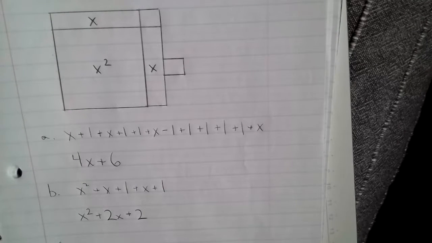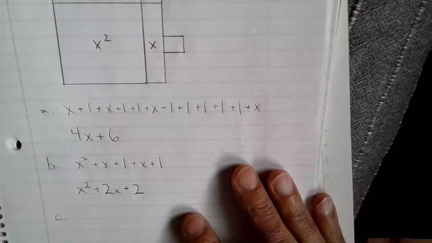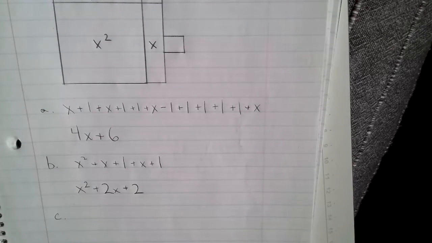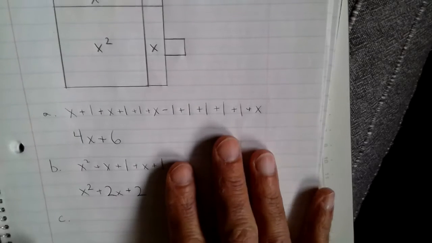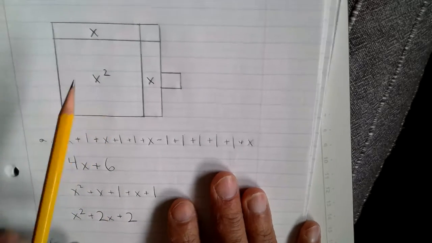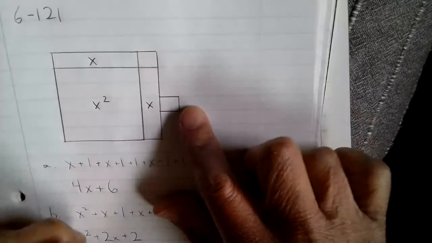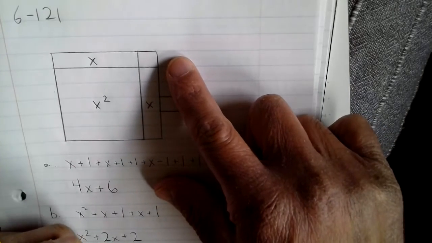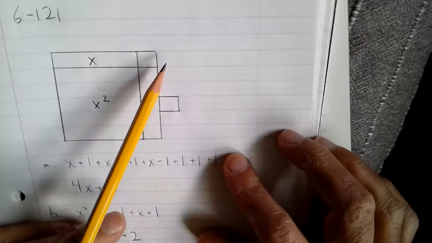Finally, C. What do we need to do on C? Now on C, if the algebra tiles were rearranged, how would the area change? Well, notice here the area is the inside. If we were to move these tiles around, say if I took this part here and put it over here, this one unit and put it up here, moved it up,